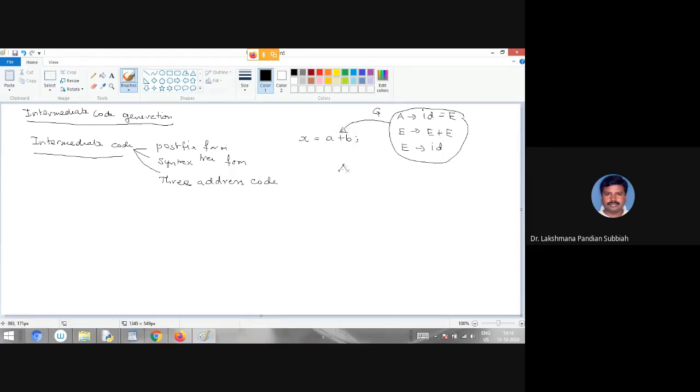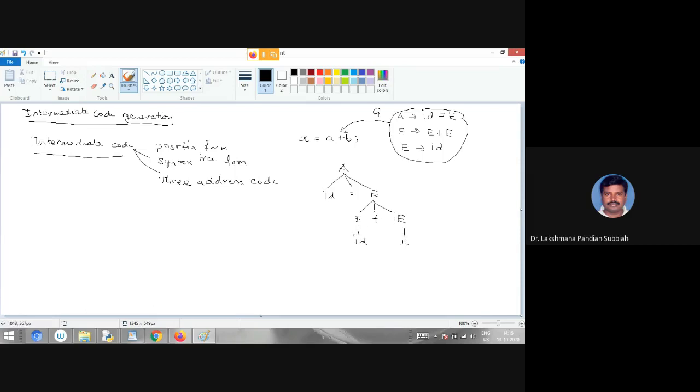So here the assignment statement is id equal to E, this E is E plus E, then each E is id.